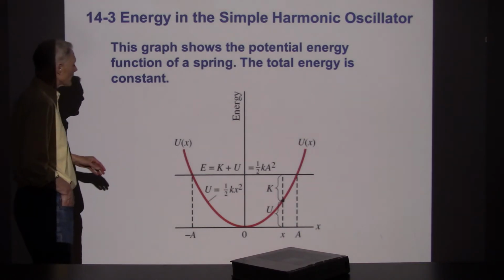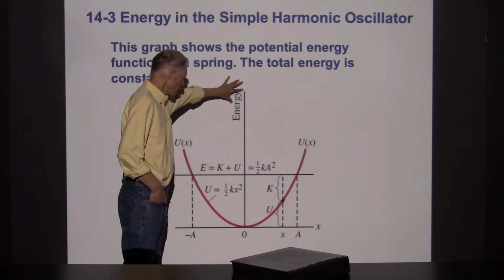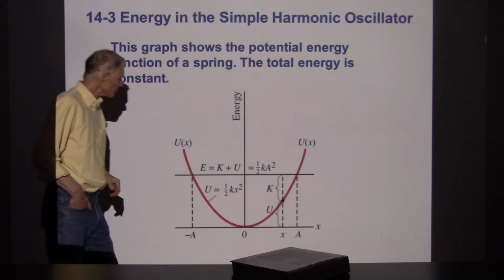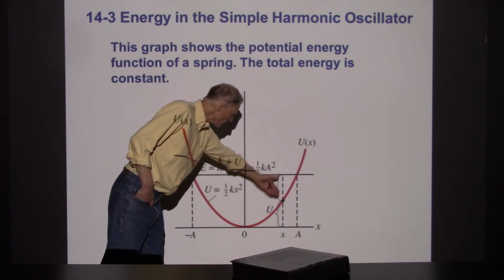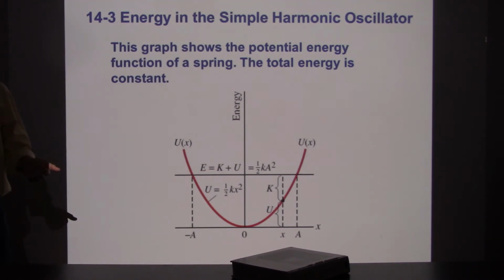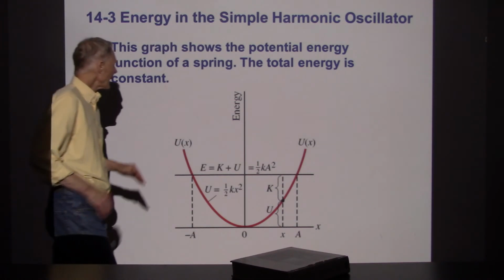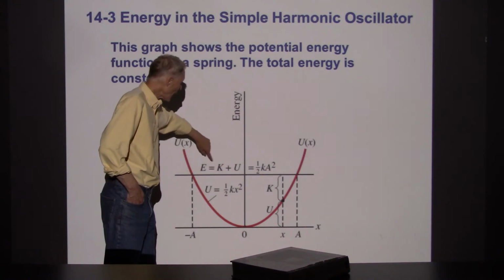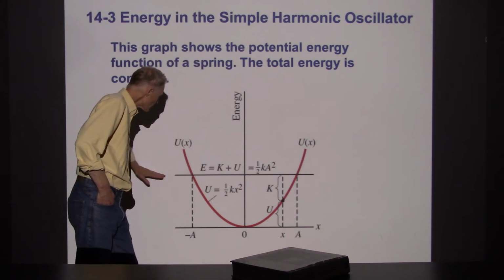Now here we've got a graph. The vertical axis is energy. The horizontal axis is displacement. And so what we've got is this object is going back and forth between negative A and positive A. So those are the extreme values for the displacements. And at all times, the kinetic energy and potential energy combined, which we're calling E, is 1/2 kA squared. So there's a fixed